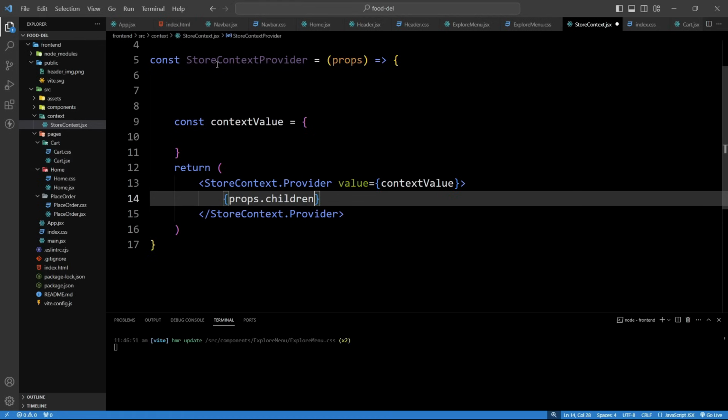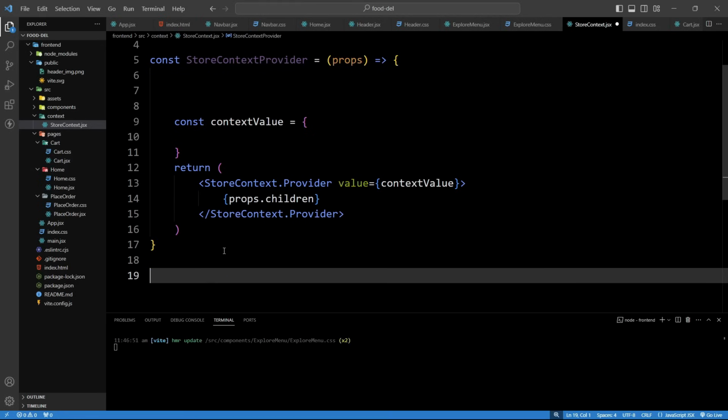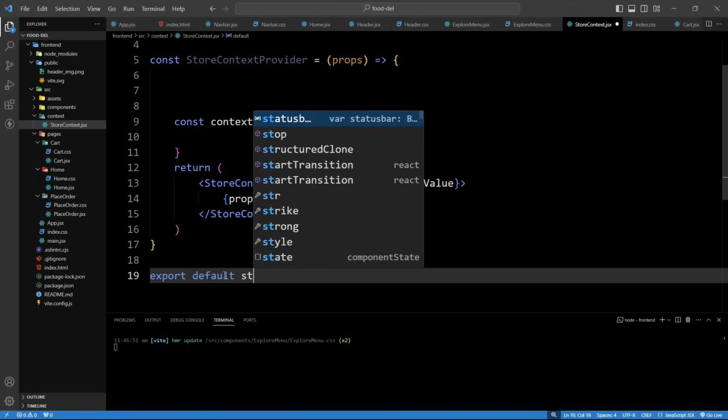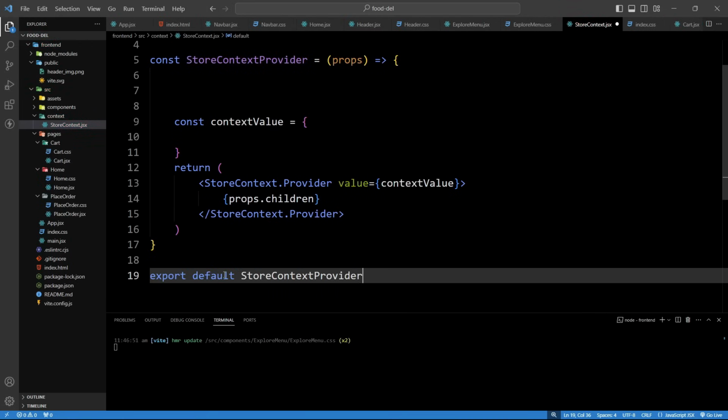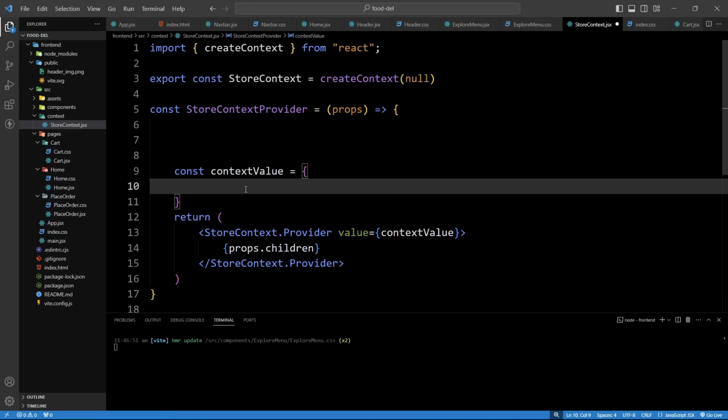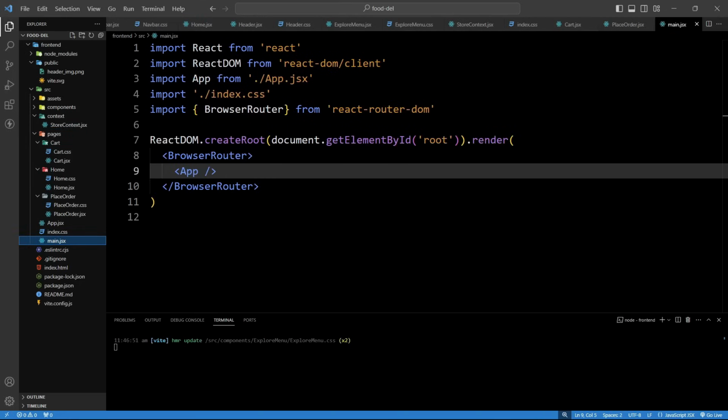Now we have to export this StoreContextProvider. So we will type export default StoreContextProvider. So the store context has been created. In this context value, we can provide any value or function, and we can access that in any function using the context. To add the support of this context in our project, we will open the main.jsx file,